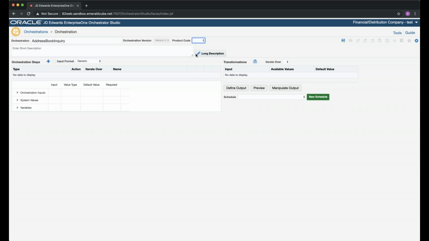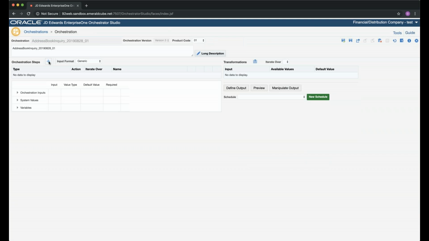Again, we have the ability to put in product code. I'll put in an 01 just like before, and we'll leave the description blank. You can see I forgot to put in the date, so I'll go ahead and put in the date again just for best practice. And then we'll save it. Just like I said before, we save this orchestration just like we save the service request as early as possible.